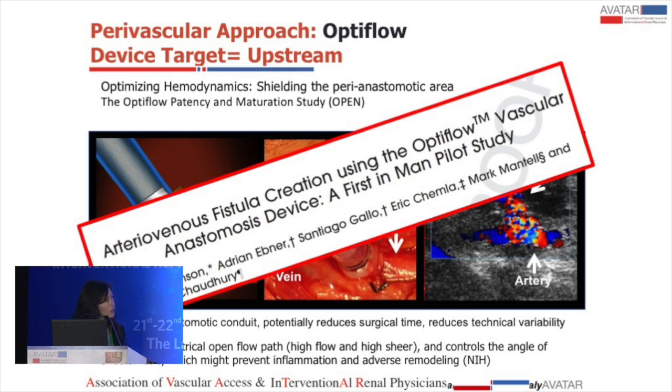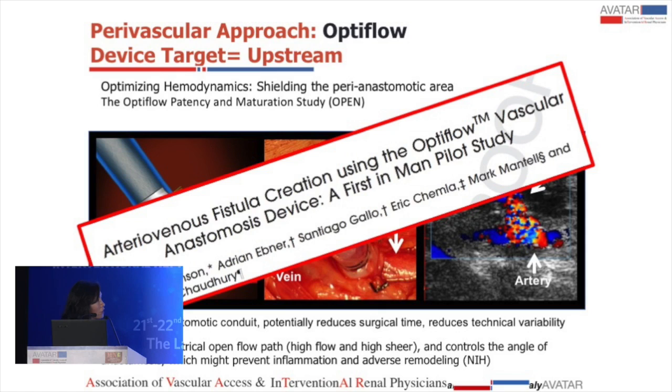So since we've started talking about perivascular, let's look at other perivascular options. There are perivascular options for devices, cells, biologics, and what I call voodoo. So this is one approach looking at a device, the Optiflow device. You can see that it is a sutureless conduit with phalanges, and the benefit of this is it actually causes a standardized angle,